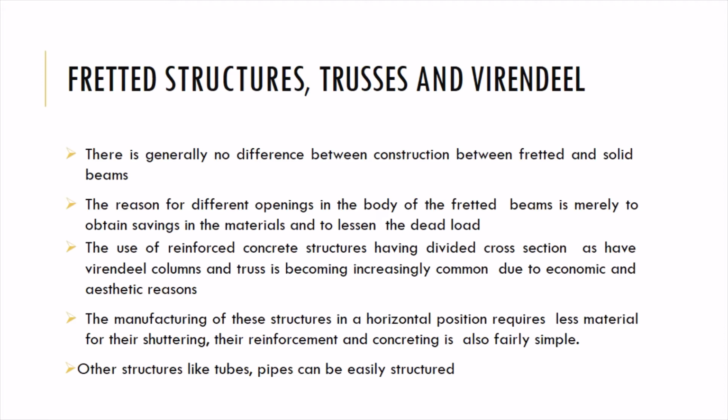So the manufacturing of the components is in the factory. You can place it in a horizontal position, so it is also easy for shuttering, restricts the material, and therefore the reinforcement and concreting are also very simple. By this you can make the cross section efficient based on the materials and also the shapes and sizes. So this is the entire thing about cross sections, design of cross sections. Thank you.